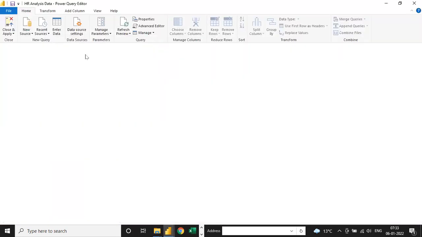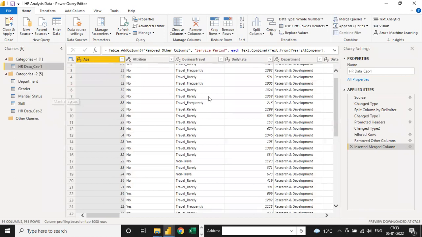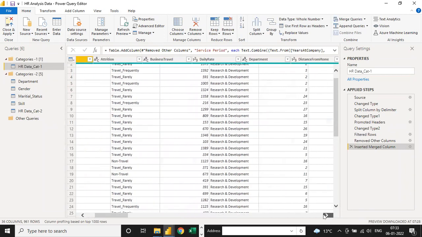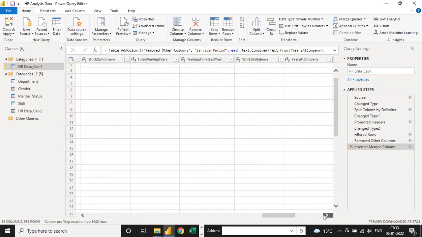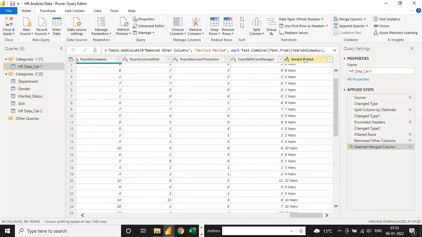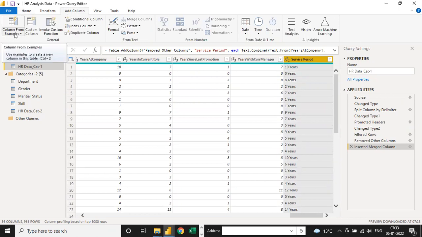If you click on this transform data, this window opens, the same as earlier, and you can see in the HR category data we have created one more column, service period. How to create this column? Directly from column from example: add column, then column from example, and we can directly insert the column as per service number.